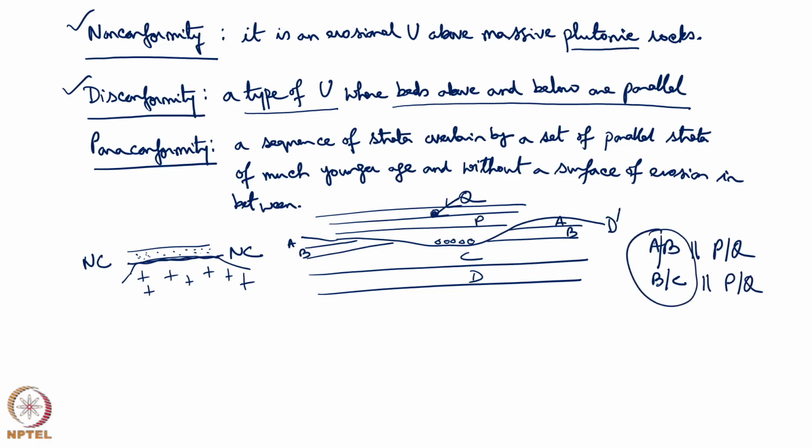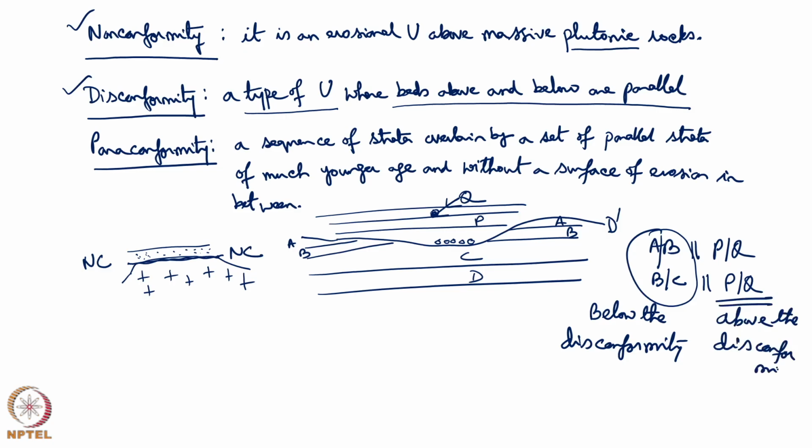These are, as per the diagram, below the disconformity, and these are above the disconformity. Now, let us take the definition of the paraconformity. It says that there are strata and there are age differences between them, but there is no surface of erosion in between. A paraconformity